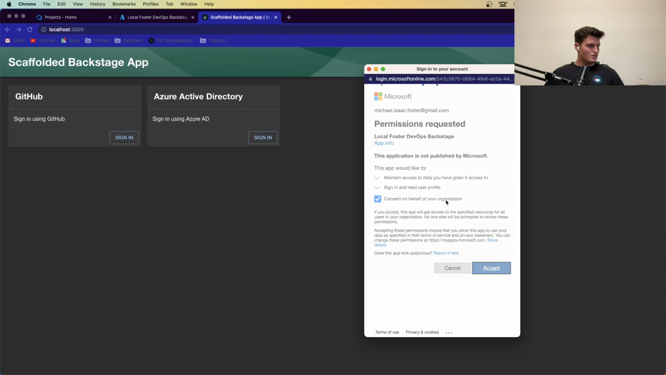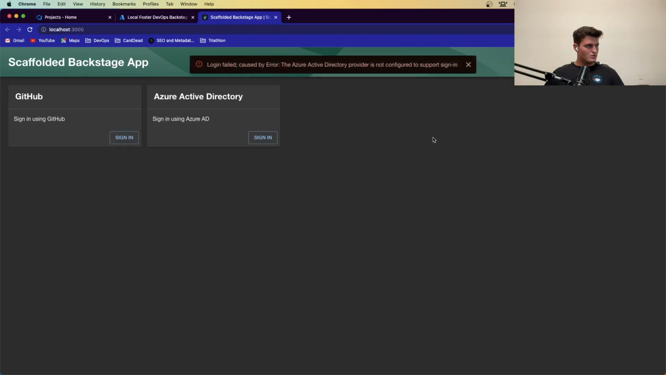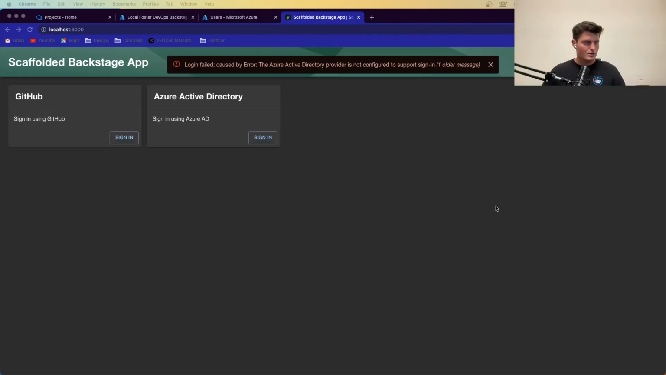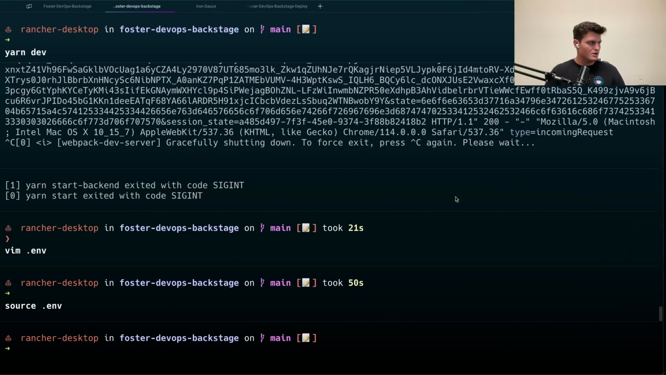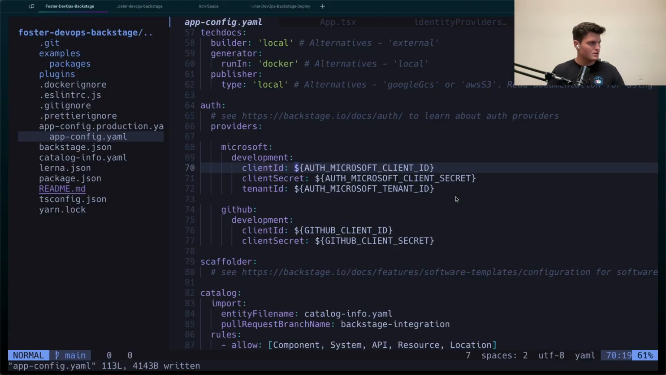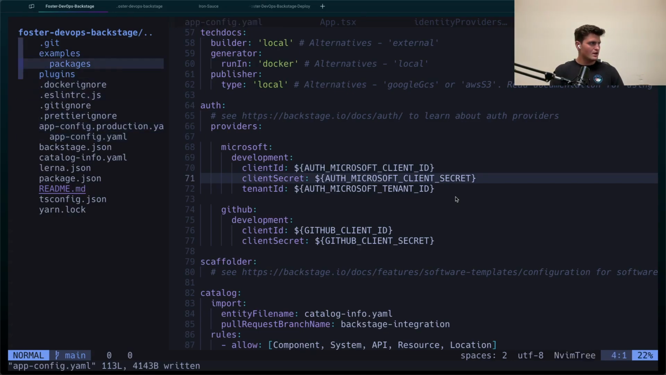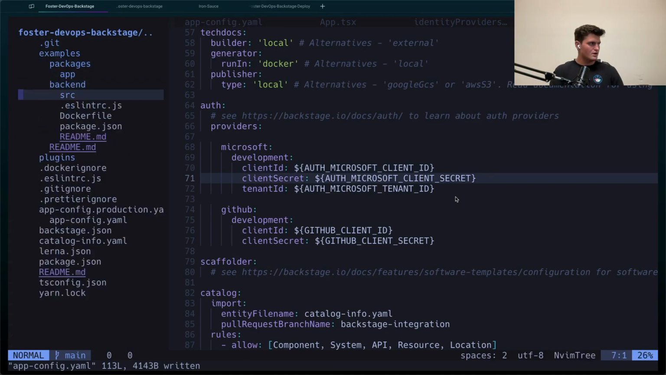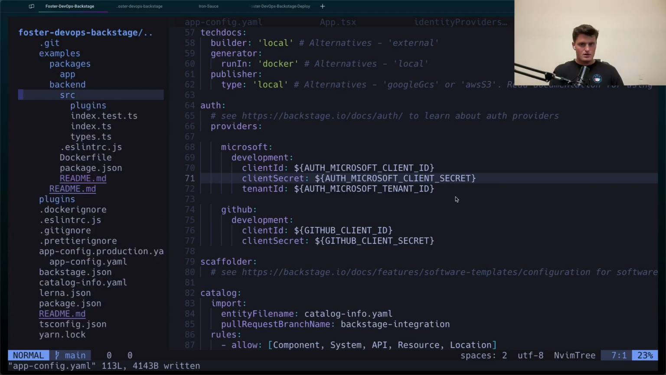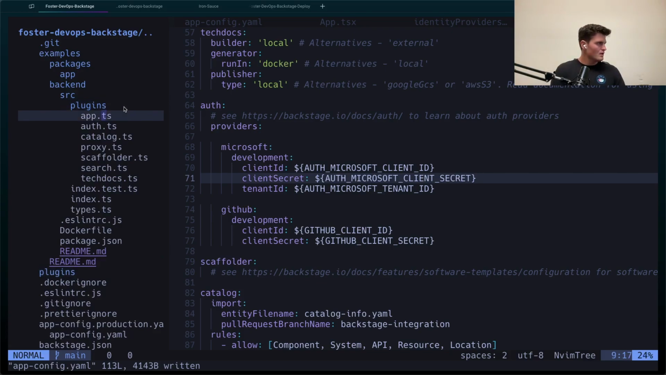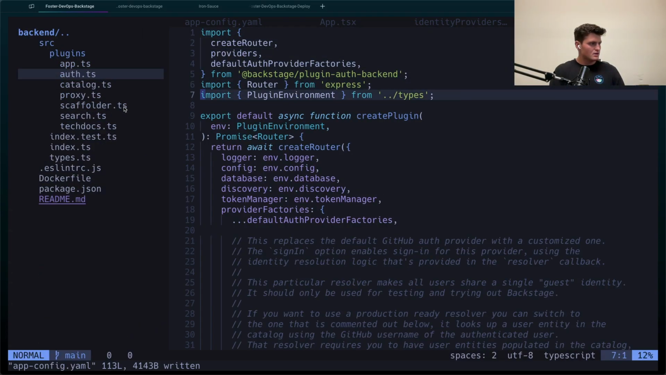And if everything works well, so I will also need a sign-in resolver to work this. Okay. So I need a sign-in resolver in the back end. So I can add this to the back end in the plugins auth.ts, and